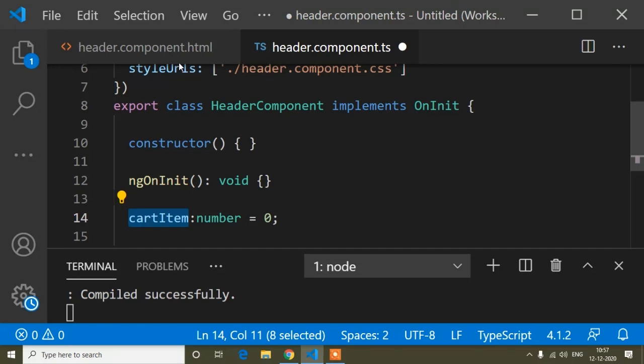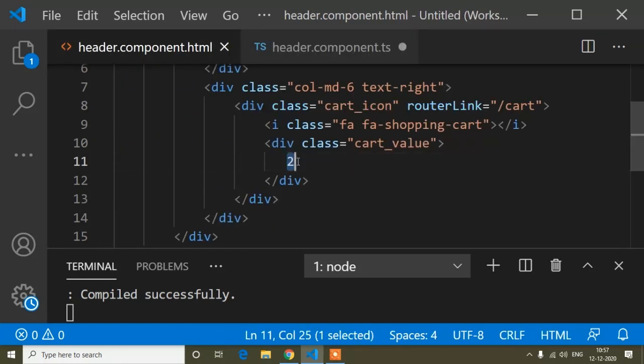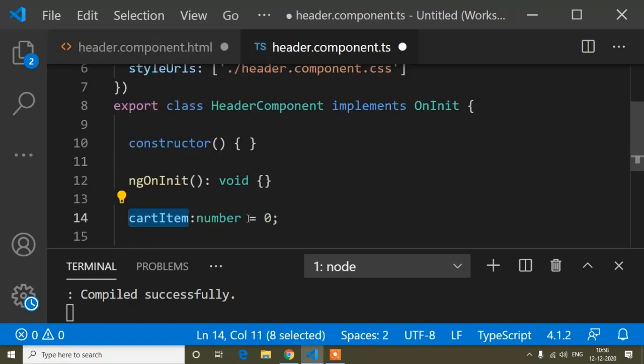I will bind this variable here instead of the static 2. How to bind? We use interpolation. What is interpolation? When we write double curly braces, it is called interpolation, and I will paste the variable name here. Now I will save it.